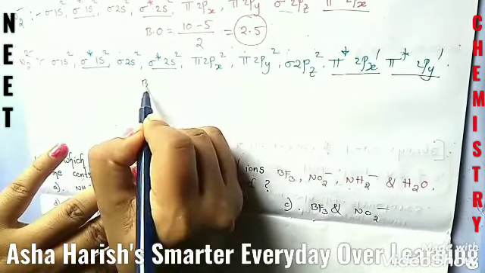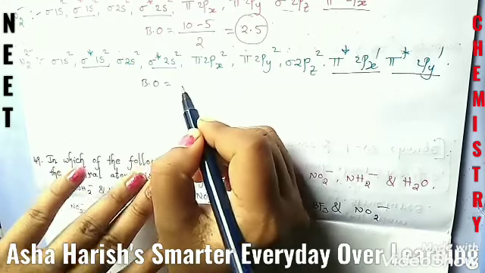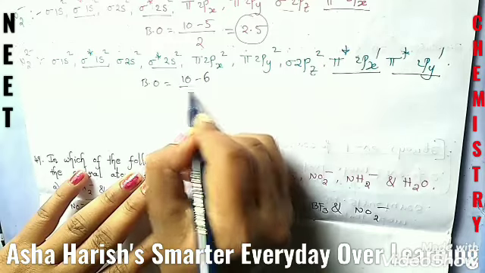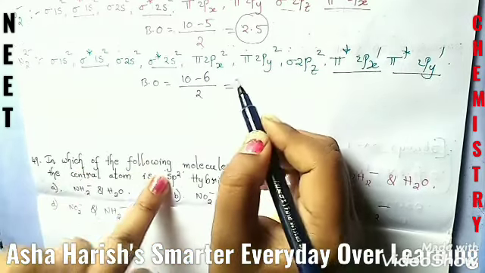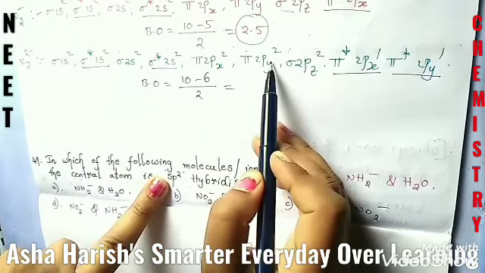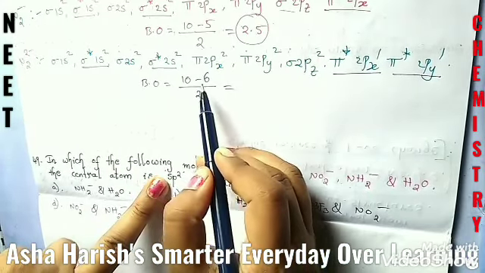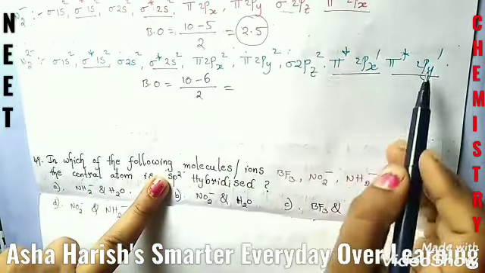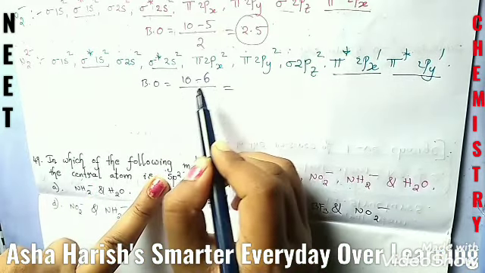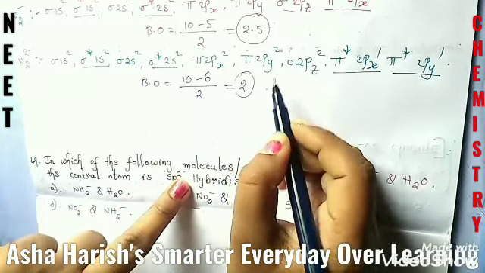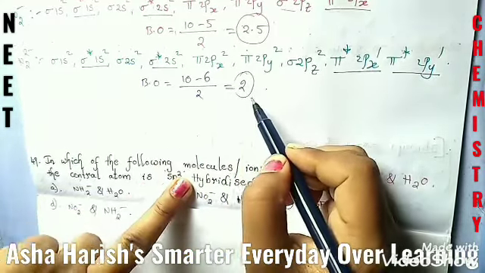And based upon this, we need to find out the bond order for N2 2 minus, that is (10 minus 6) by 2. Why? Because the bonding orbitals here are 2, 4, 6, 8, 10, minus the anti-bonding orbitals here, how many students? 2, 4, 5, 6. Like this, 10 minus 6, that is 2 is the answer we'll get here. And these are the bond orders.